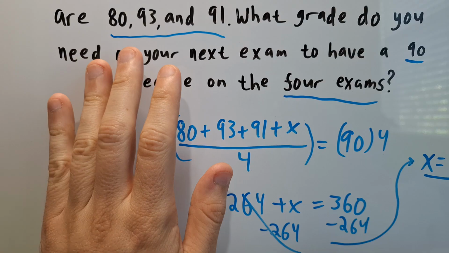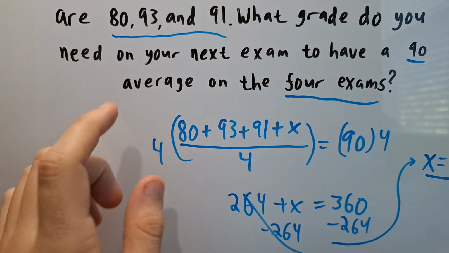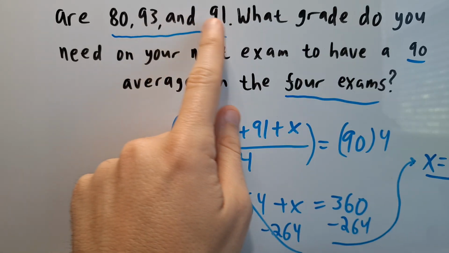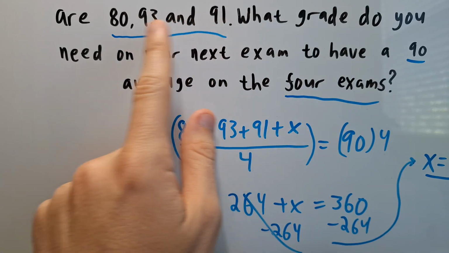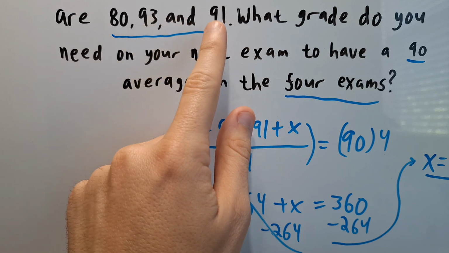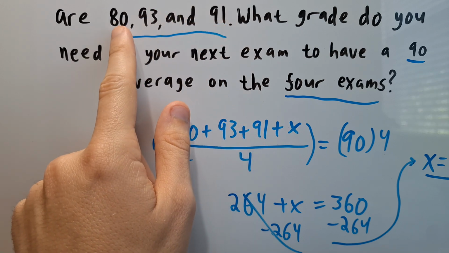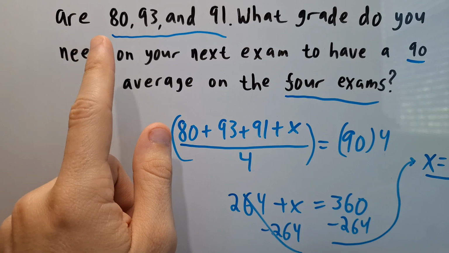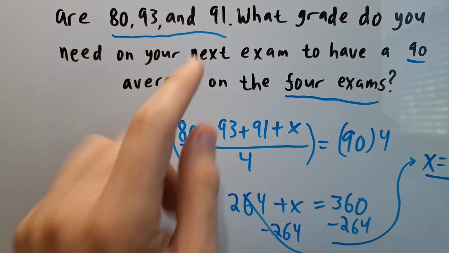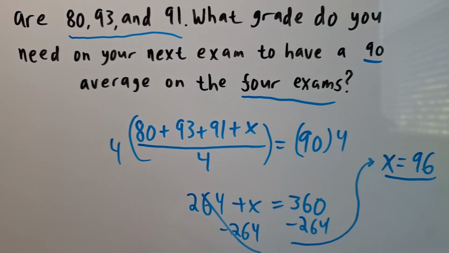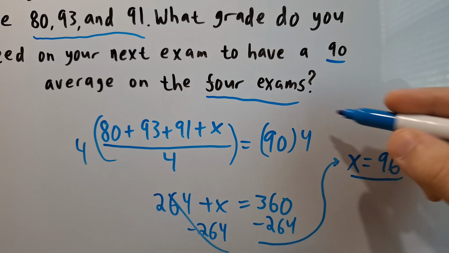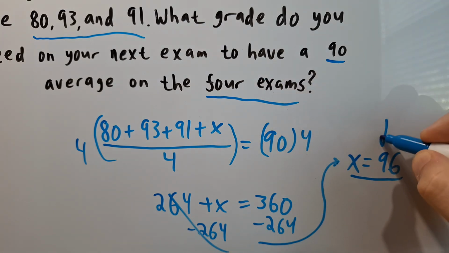And even though this is a small example, if I was to say what would be an outlier per se, because I only have 3 data values, 91 and 93 are really close to each other. Since 80 is really far away from the closest value here, which in this case would be 91, we could say that 80 is an outlier here because it's relatively smaller compared to the other 2 data values here. Just a small example, but for the sake of this problem, we were just looking for that particular grade on that 4th exam, and that'd be